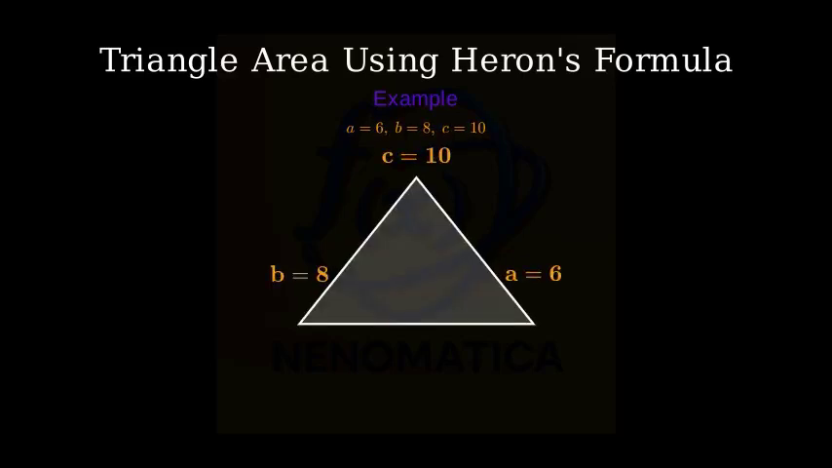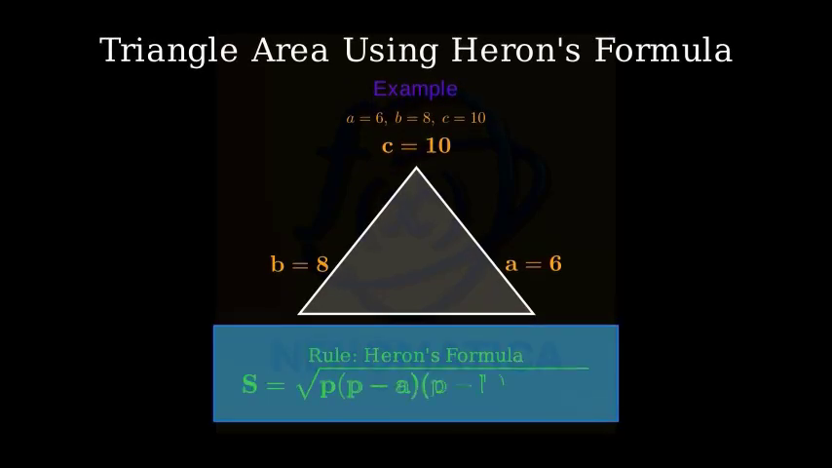In this video, we'll solve a geometry problem using Heron's formula to find the area of a triangle. Let's take a look at our example. We have a triangle with sides a equals 6, b equals 8, and c equals 10. To find the area of a triangle when we know all three sides, we'll use Heron's